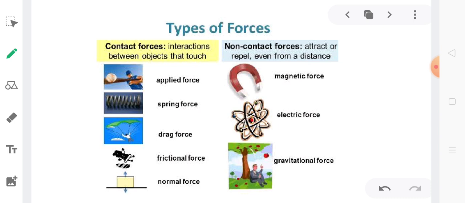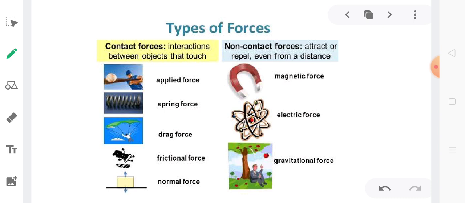And last but not the least, gravity. Gravity, which is responsible for holding each one of us on the surface of this earth. So, gravitational force, like even if we jump from the surface, still we fall back on the surface because Earth's gravity pulls us back. Even though there is no contact between us and the ground when we have jumped, still we fall back just because the Earth's gravity is strong enough to pull us back. So, gravitational force also falls in the category of non-contact forces. So, we have two types of forces, contact forces and non-contact forces.